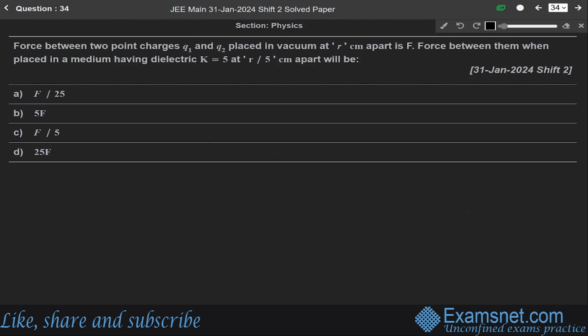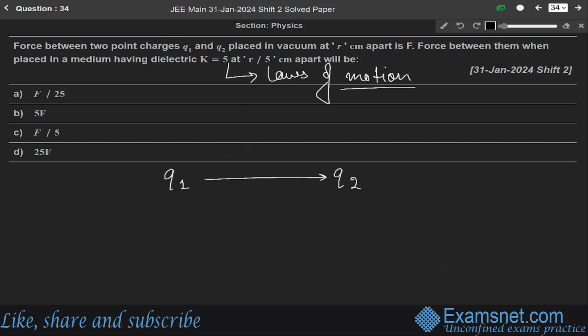The force between 2 point charges Q1 and Q2 placed in vacuum at R centimeter apart is F. What will be the force between them when placed in a medium having dielectric constant K equals 5 at R by 5 centimeter? We have to find the value of F. This question is from the chapter of electrostatics. According to this question, let us say there are two charges Q1 and Q2 and the distance between them is R. So using